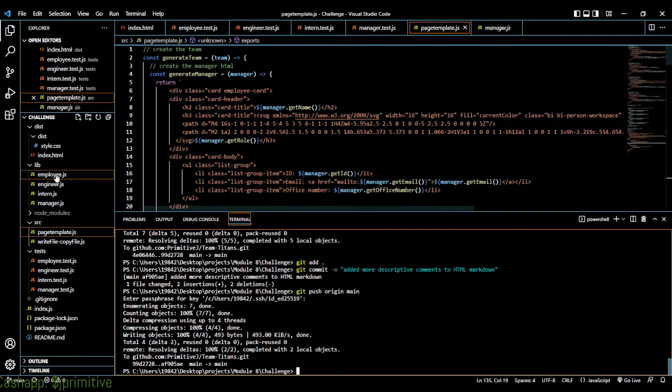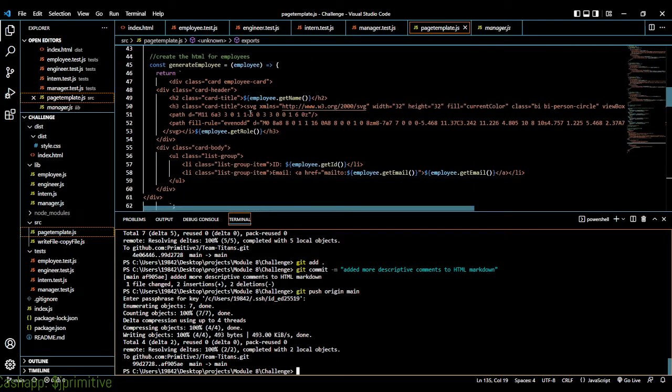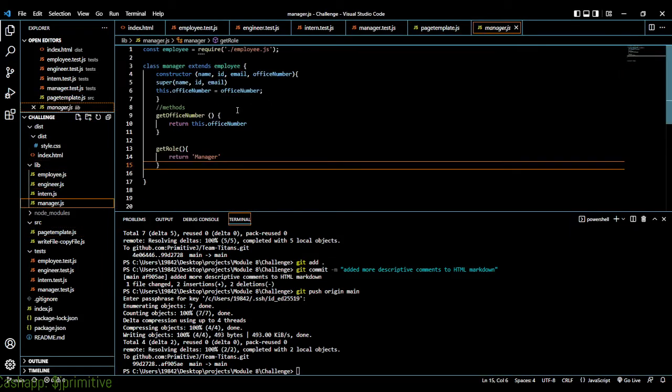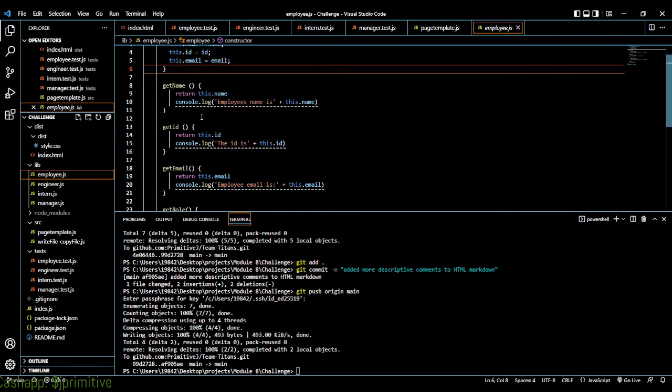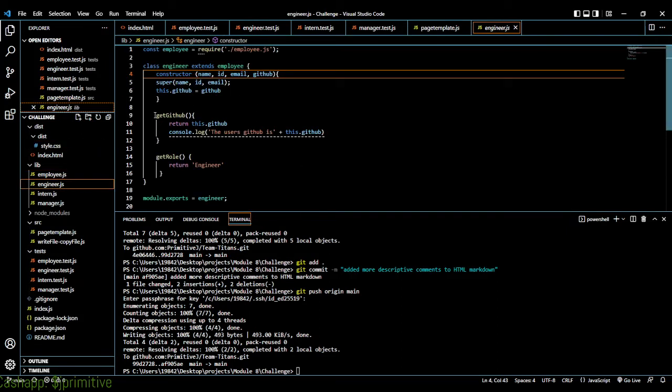So basically, this is a Node.js application that generates HTML that has information about a given team. It prompts the user for input about different employees with different roles on the team, and I have different classes for each employee here. All of the classes extend from this initial employee class, so they share some of the functionality that employee has, but then extend that functionality with some of their own